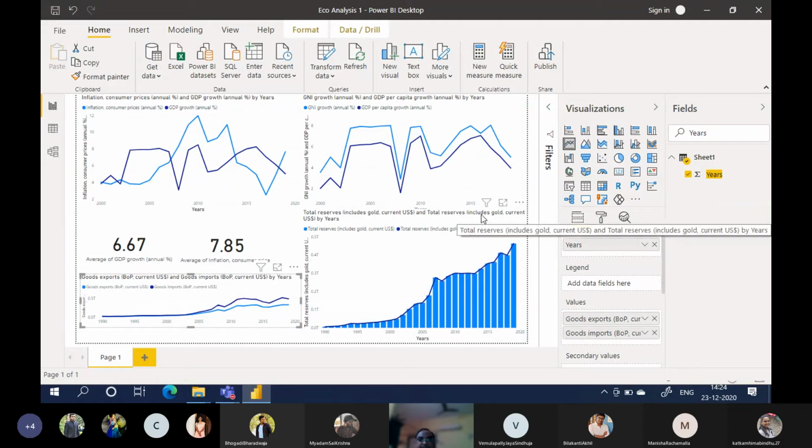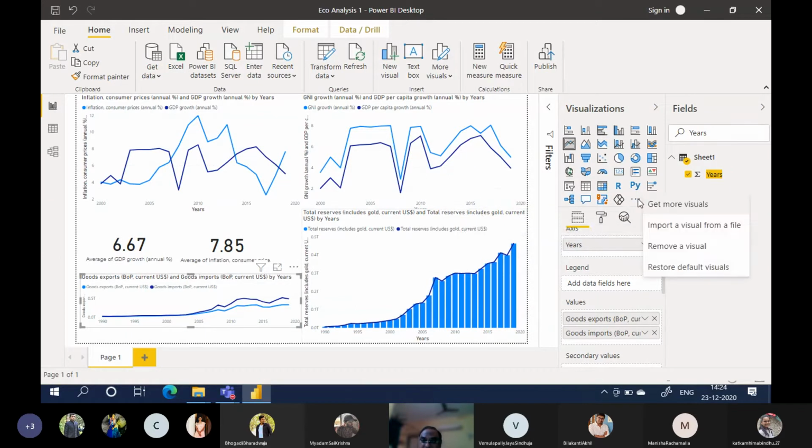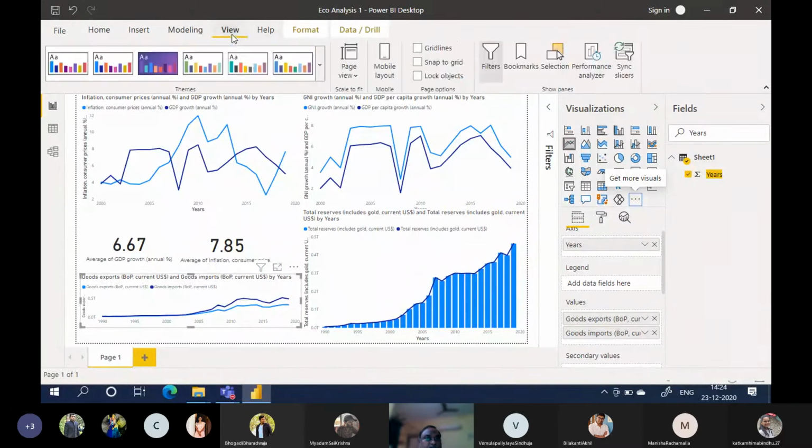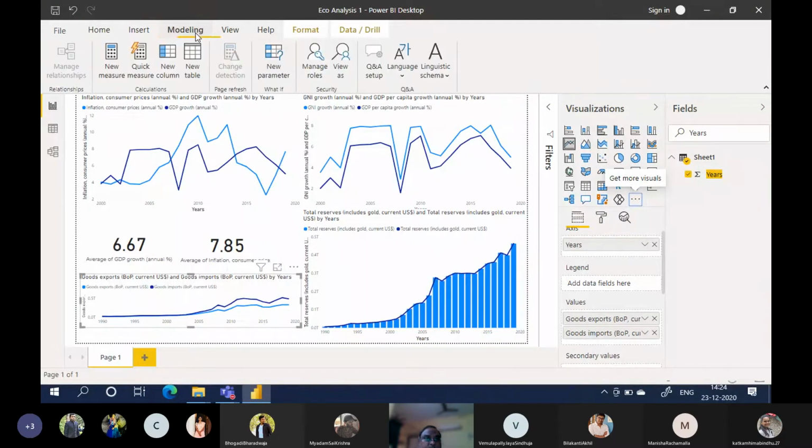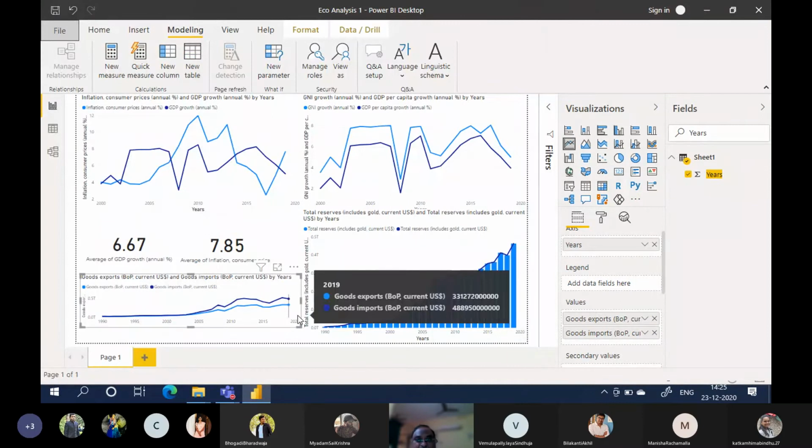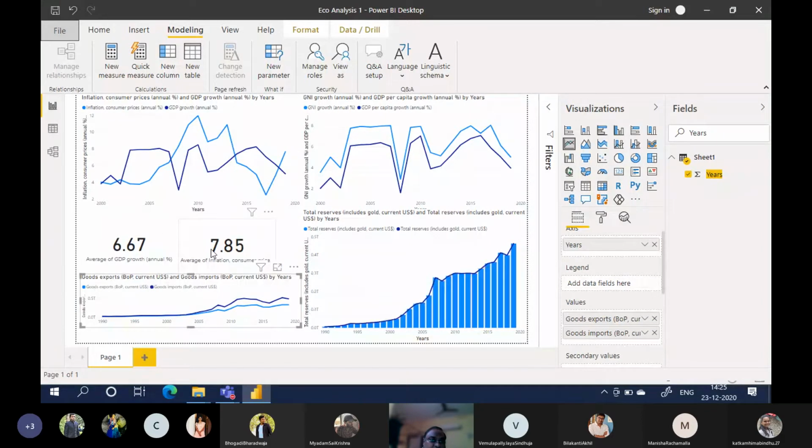Sir, sorry, if we want to add a trend line to the present graph, how to do that? Trend line. And that's what I was actually looking to add, year on year line. So if we want to add a trend line, we have to check. One second. Modeling, review view. Okay. No, not modeling. See here, there is something called analytics. We want to add a trend line to which one? Sir, to the first graph, the inflation one.